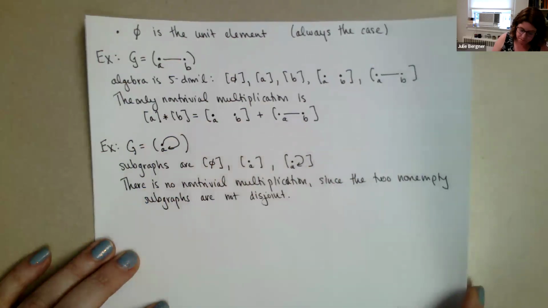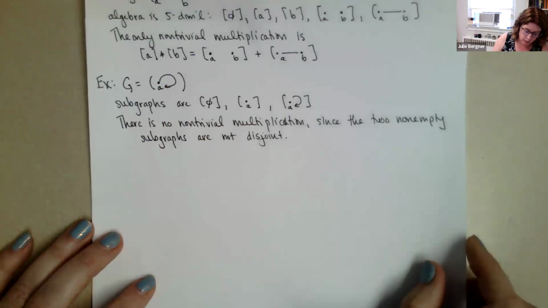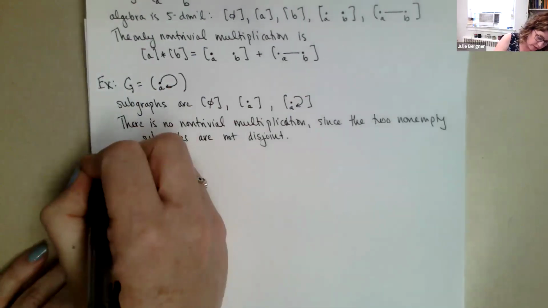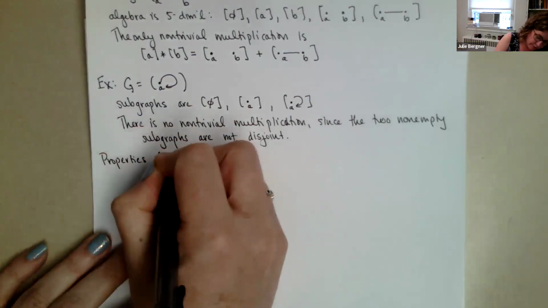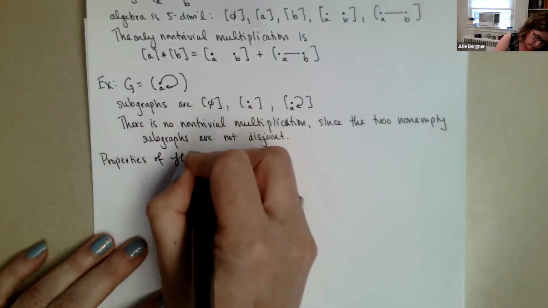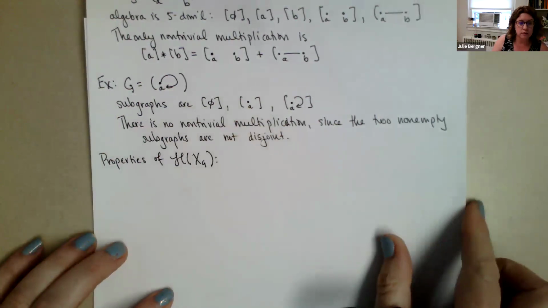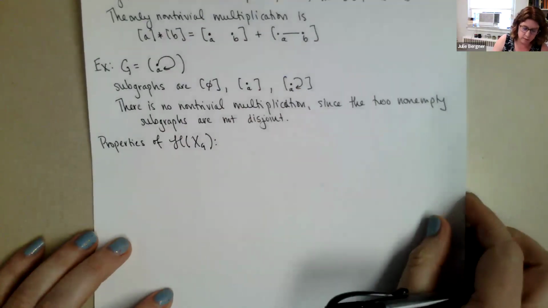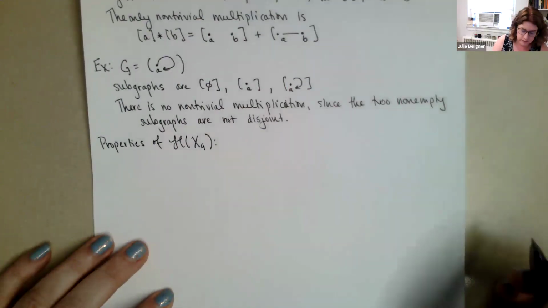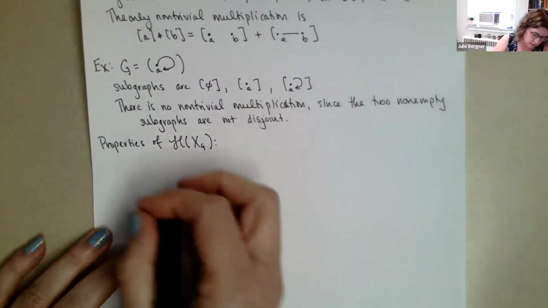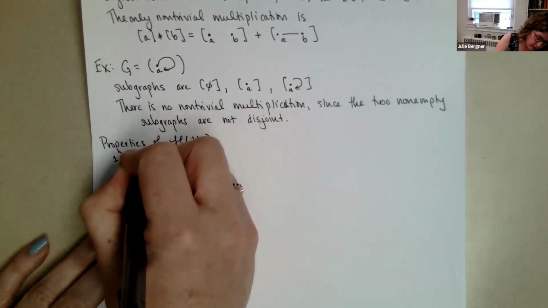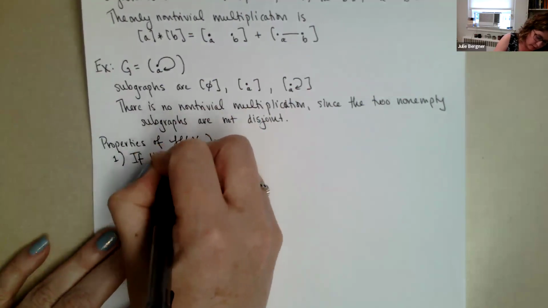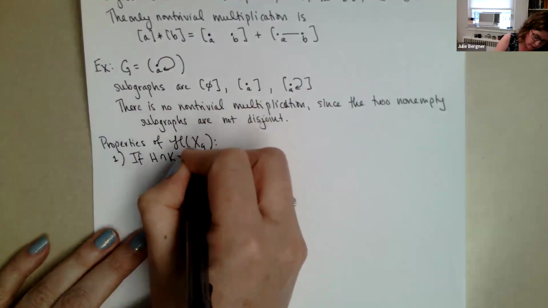Okay, so let me write down just some properties of Hall algebras of these 2-Segal sets from graphs. So these are things we can generalize by looking at these examples and others. Okay, so one, we've emphasized a bit already that if I have two subgraphs that are not disjoint from each other,